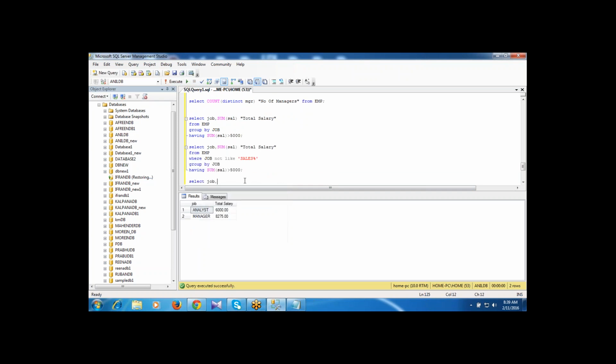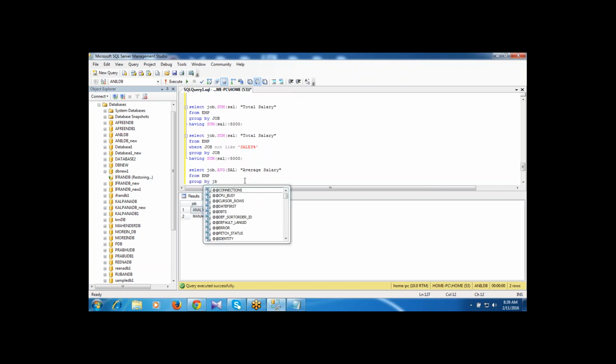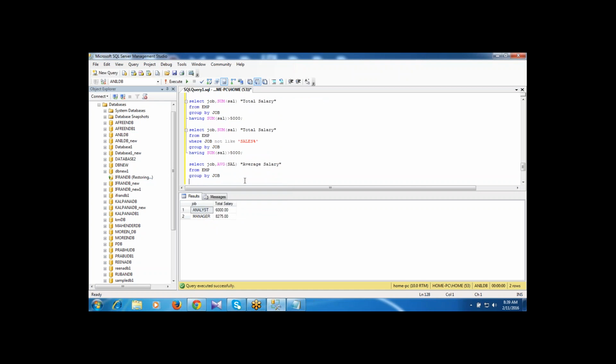So here for each job title I am getting the average salary from EMP, group by job having the average salary is greater than 2,500.